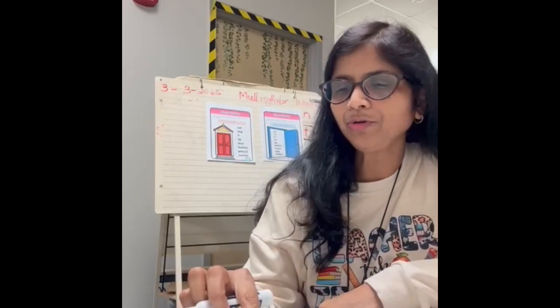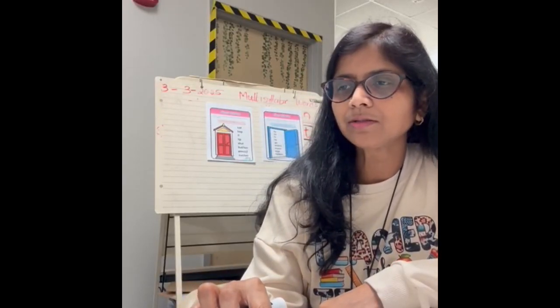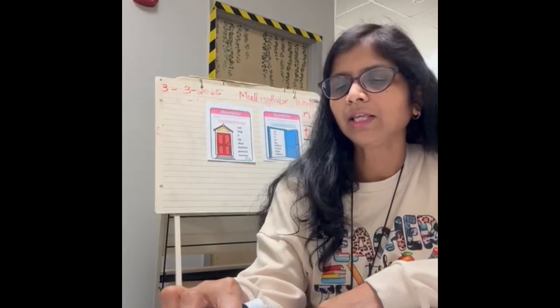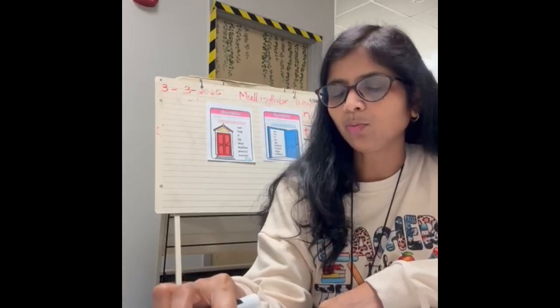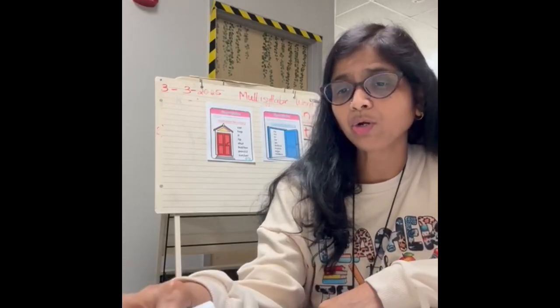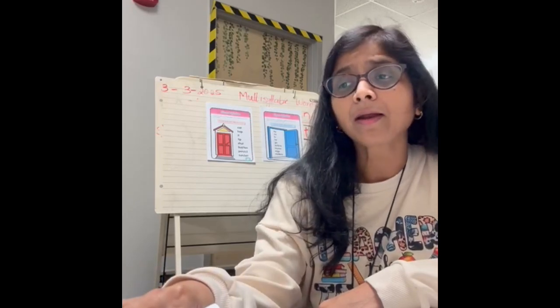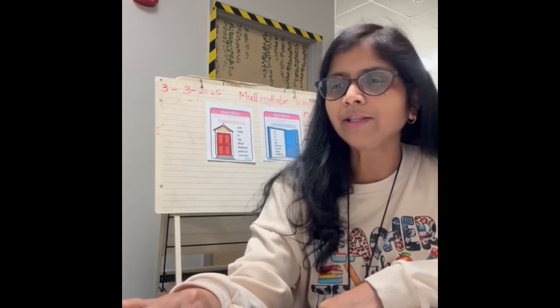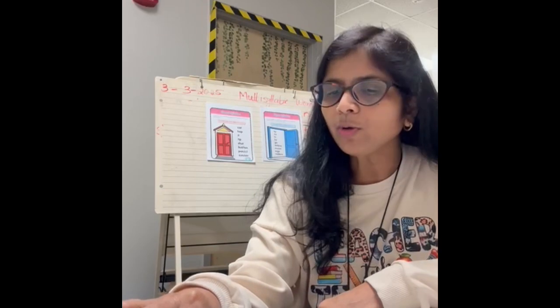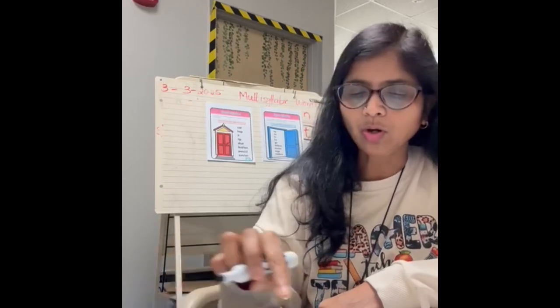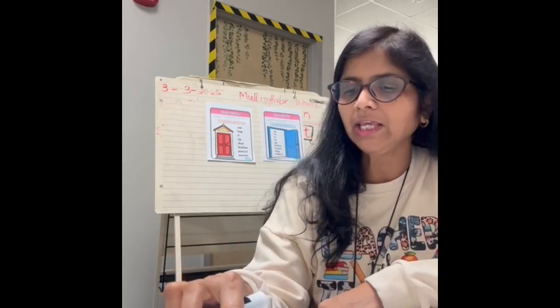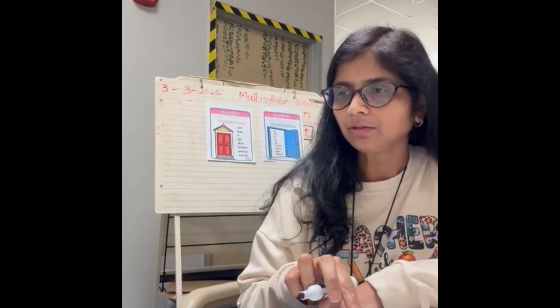Fantastic. So how do you read that now? Ik. Yes, the vowel says its short sound because it has a consonant at the end. It's closed. It's followed by a consonant. Right. So how do we read? Ik. Then